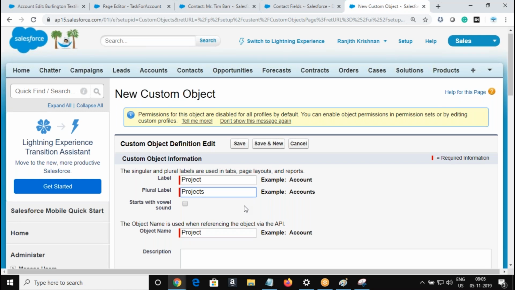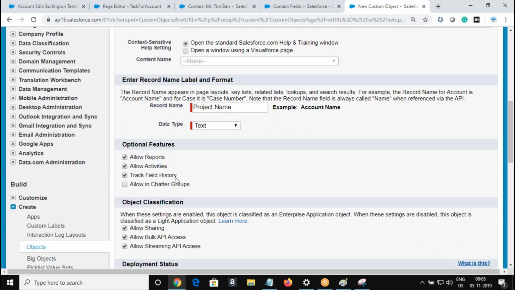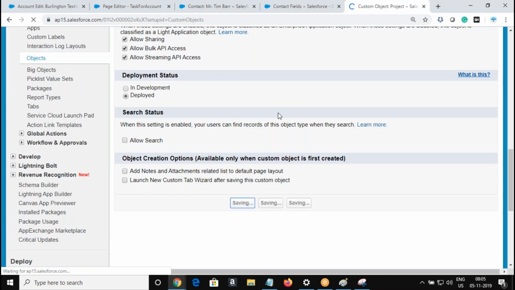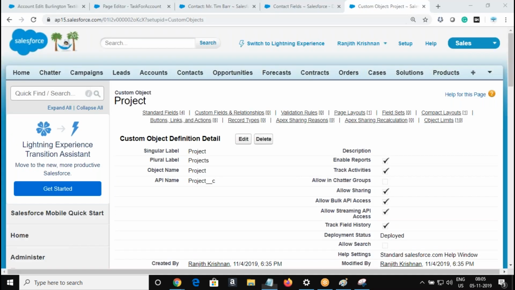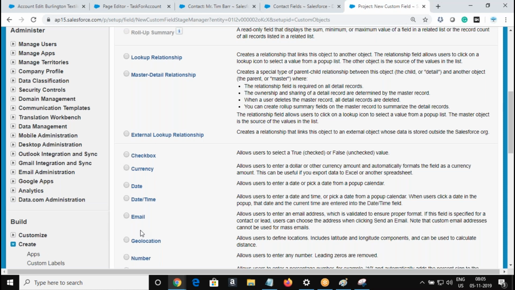Okay. And the project name, let it be, save. I'm going to add some fields, a pick list, Status.